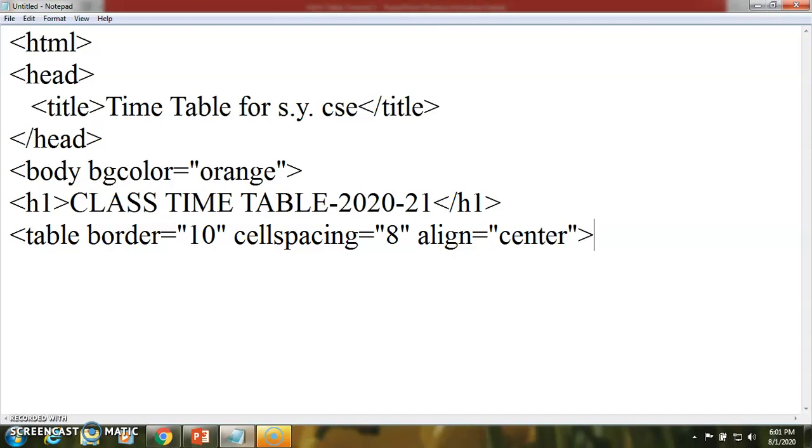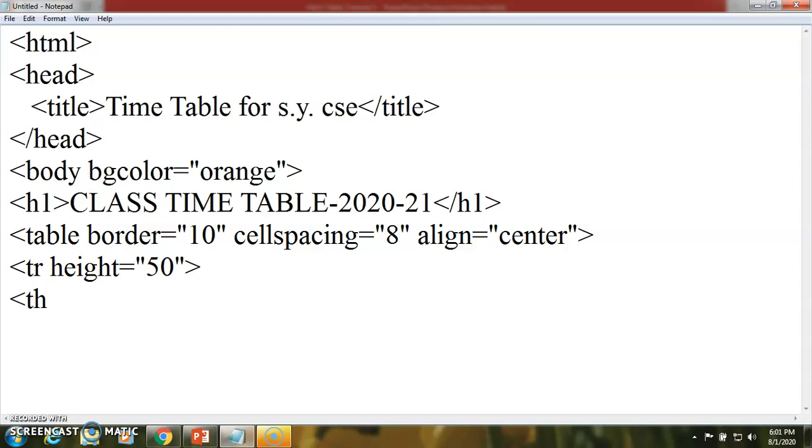Then I will have the actual rows. After table we can have the tr tag. So in a tr we can specify properties like height, width or anything. So I will add the height equal to some value I am specifying, so it will give a proper height to those rows.